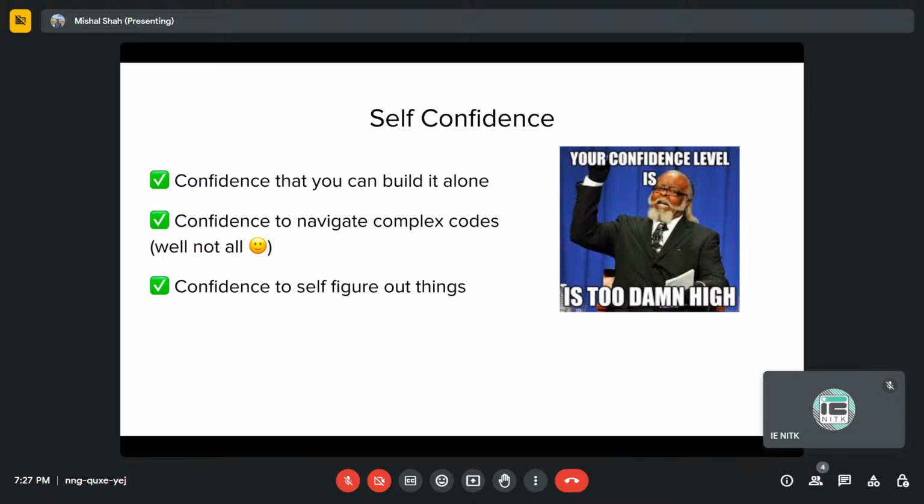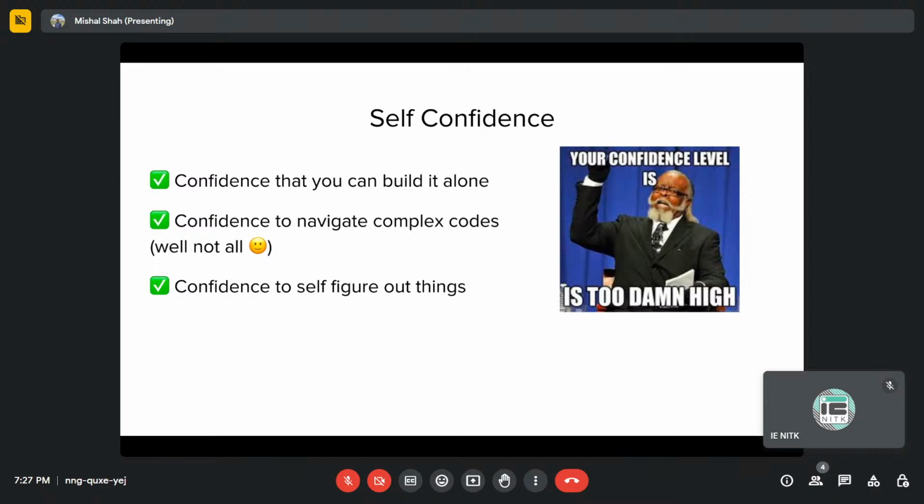I also got the confidence to navigate complex code. When I started, I used to get very scared, like, how is it all working? I go to a class and there's no implementation. Where is it getting implemented? It's actually in an implementation class; they follow the abstract class concepts. It sounds very simple right now, but when you are starting, it is actually very tough.